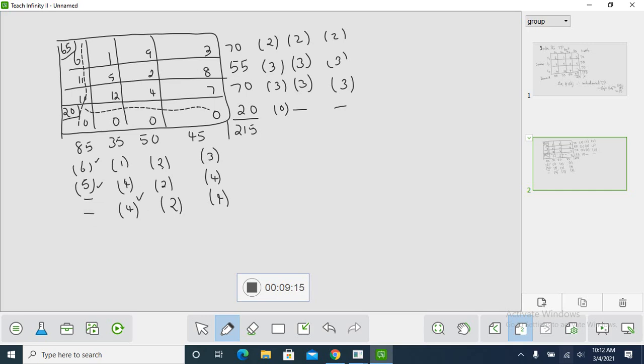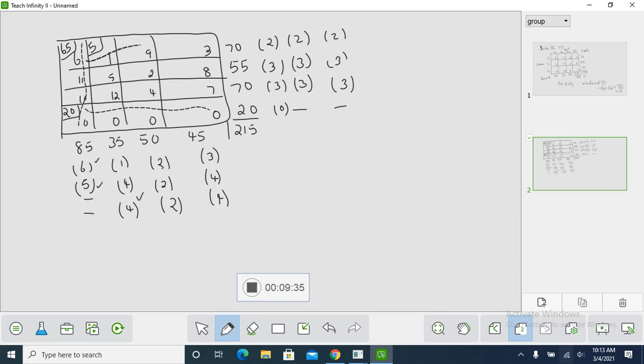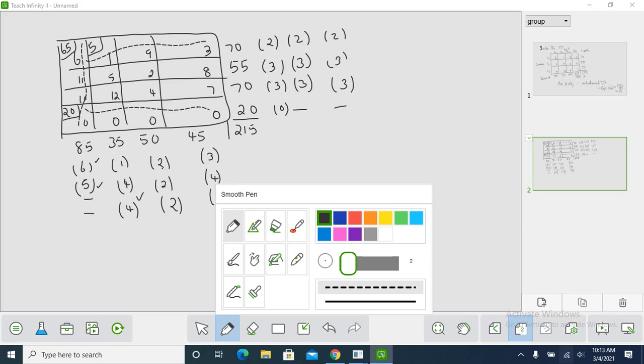If I have to choose the first 4, the least cost cell cost is 1. So I can either allocate a 35 or I can allocate of the 70, 65 is given, so I can allocate only 5. Since I have allocated 5, now 65 plus 5 is 70. So the first row is over. So the supply is gone. So we strike the first row. Now proceeding in the usual manner,